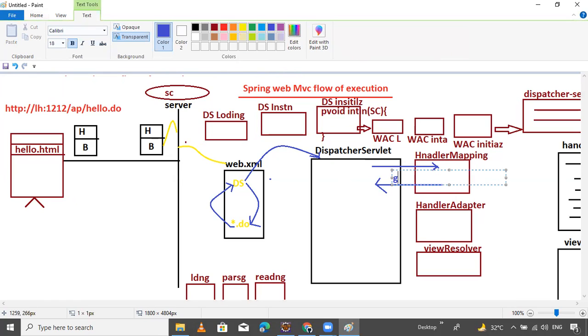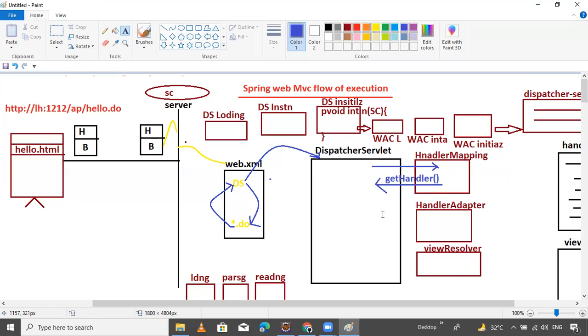The getHandler method. Dispatcher servlet calls the getHandler method on the handler mapping object.